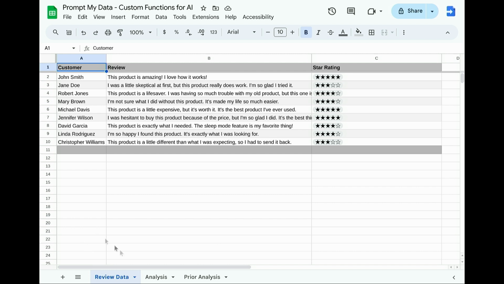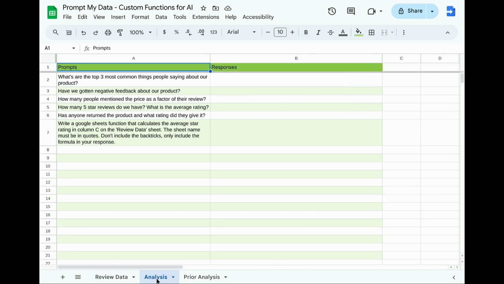So I'm just going to go off to a second tab where, as a user, I can ask some questions. So for example, I might want to know, what are people saying? What are some negative feedback? How many reviews are we getting? Is anybody taking our product back or returning it? And what's going on? So what I can do real nicely, just like I would with other custom function types,